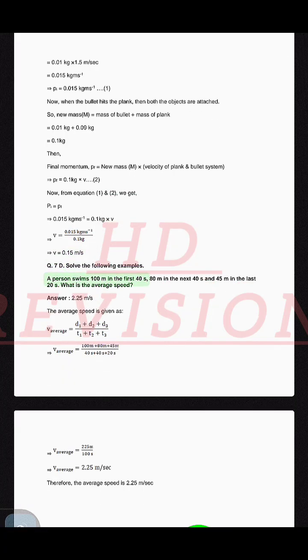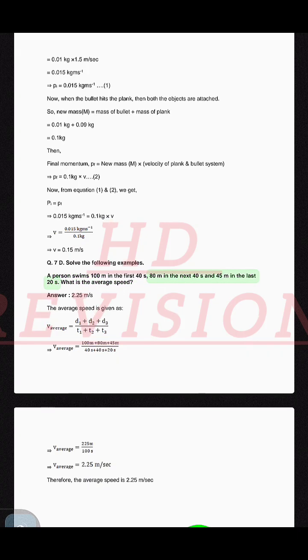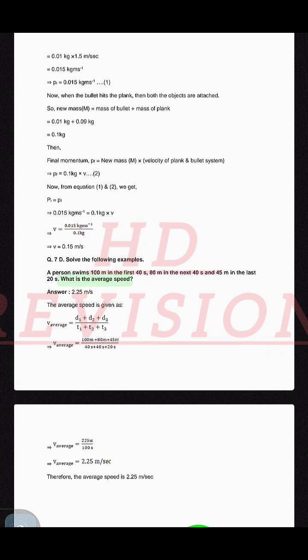Q7d. Solve the following examples. A person swims 100 meters in the first 40 s, 80 meters in the next 40 s and 45 meters in the last 20 s. What is the average speed? Answer: Though the